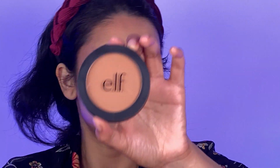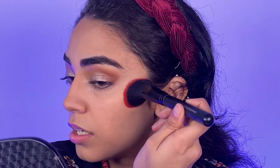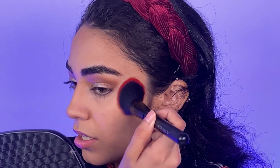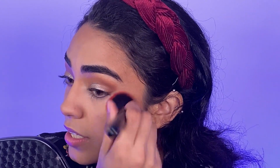For the other cheek, I'm actually gonna go in with my bronzer. I'm really not sure if this is my shade, but let's see. So I'm loading my brush up with it, tapping off the excess, and then I like it. I know this is not exactly my shade, but it does add warmth to the face, and it looks pretty great. Like, not too much of a difference between both the cheeks in terms of appearance, but